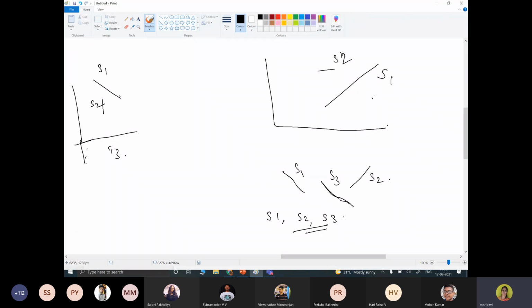S1 is viewed. In this case, which one will be viewed? S2. So when we order with respect to the viewing coordinate, we are saying S1, S2, S3.